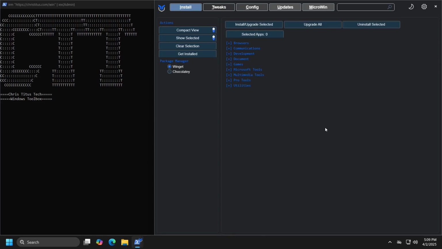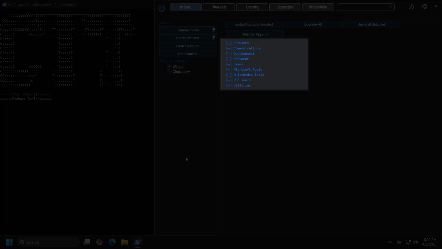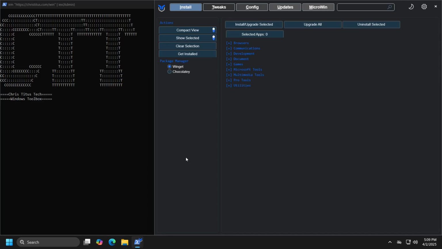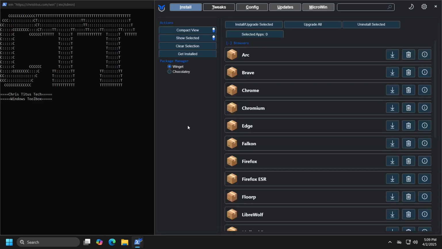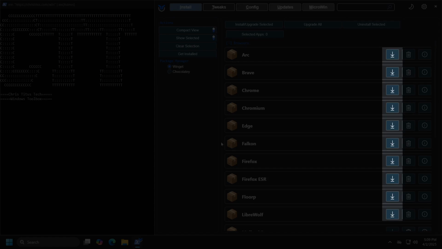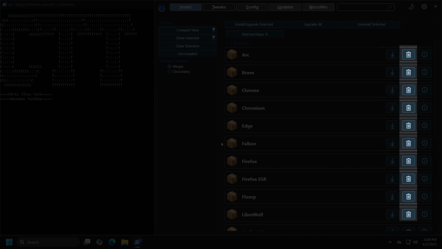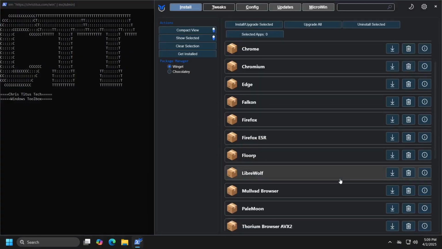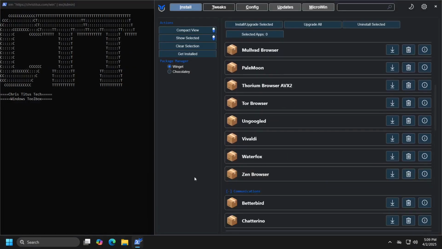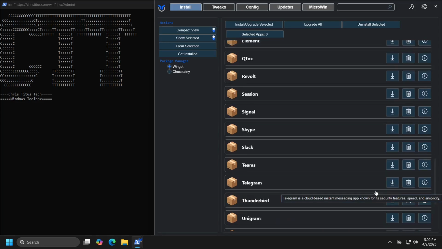Once the program starts, you will first see the programs you can install or remove from your computer, grouped into 9 categories. When you click the plus icon next to the group name, you will see all the programs within the group, each of which you can install or update by clicking the arrow icon or remove by clicking the trash can icon. The list of applications you can install this way is quite extensive, and you can go through